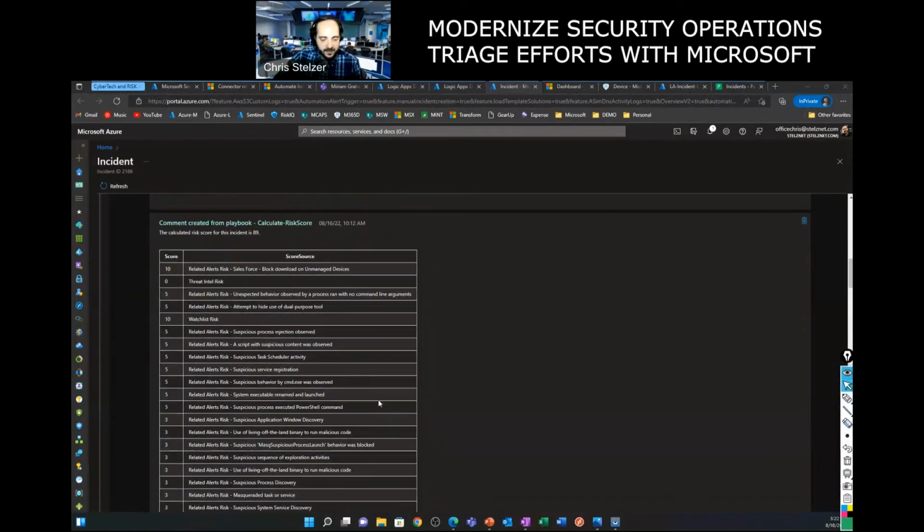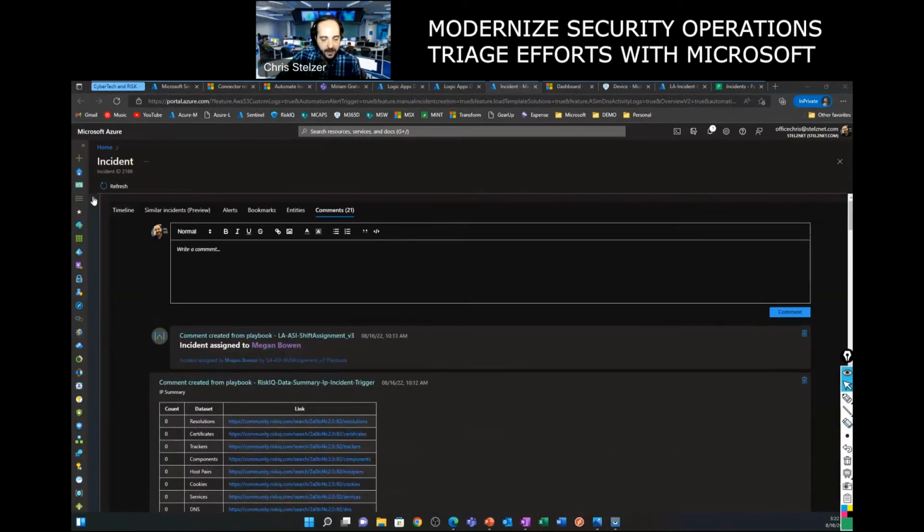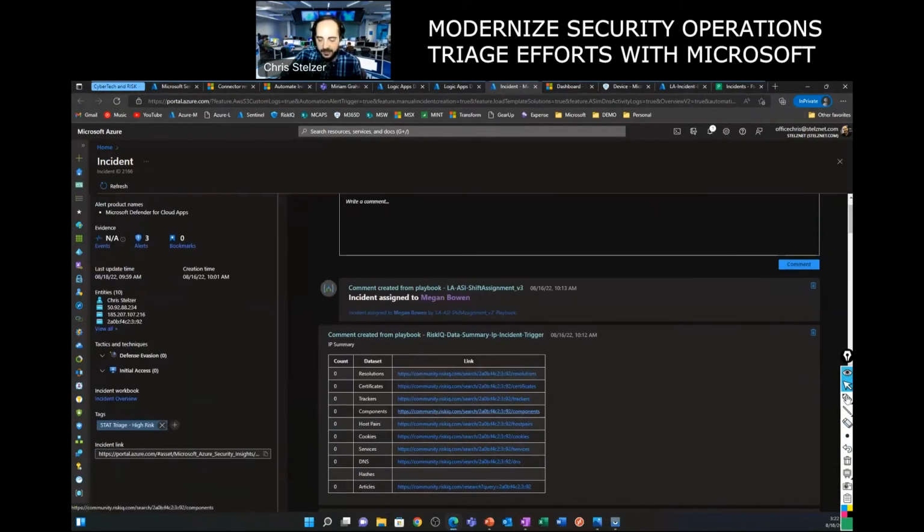So the STAT module has run, gathered a ton of data, and it's ultimately determined that this incident is considered high risk. So it's taken an incident that maybe was a medium severity, and it's dynamically scaled it up to a high risk level to basically indicate, hey, based on all the evidence we collected, there are some concerns here and we need more action within the environment.